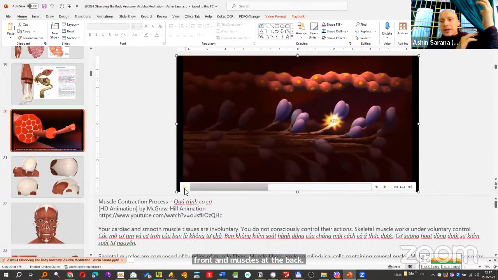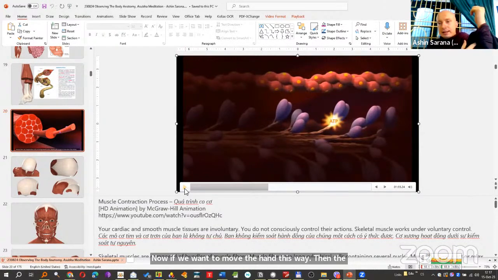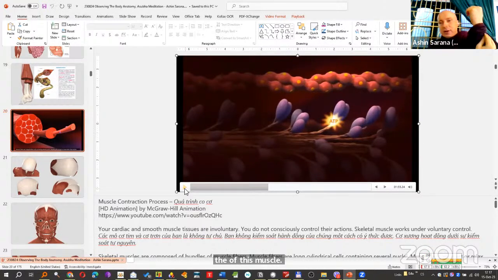Now, if we want to move the hand this way, then the muscle in front will contract, and that will automatically extend the muscle at the back. So the muscle at the back does not have to expand because it is mechanically expanded by contracting of this muscle. And when the muscle at the back contracts, then this one in front will mechanically, automatically expand